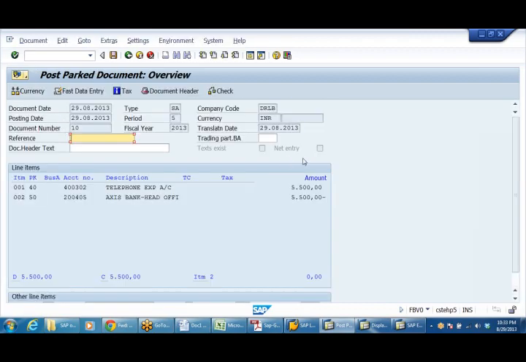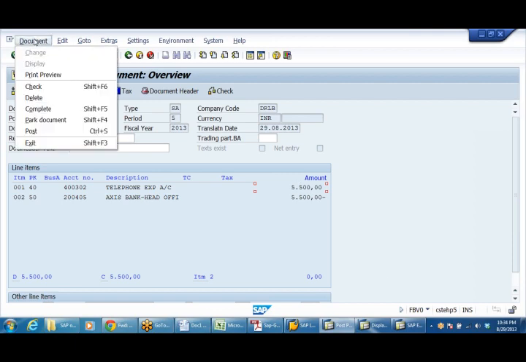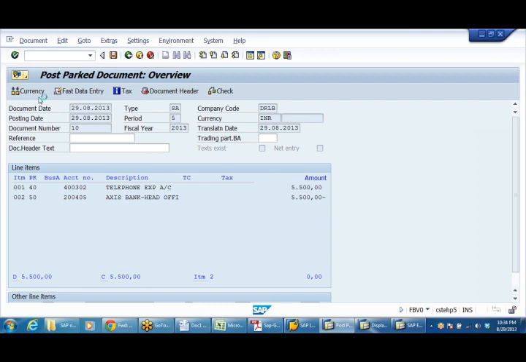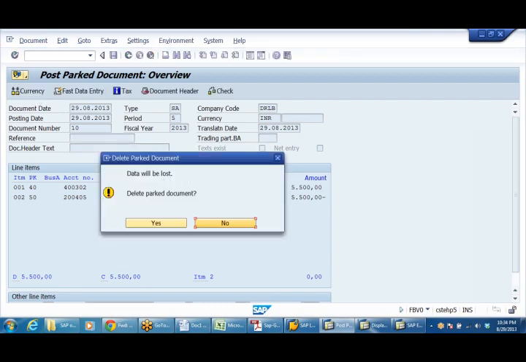Double click on this. See, I feel that the telephone bill is already posted. The accountant by mistake has posted a second entry. No, I don't want to post it. I want to delete it. I can delete it because I've seen it already. Go to menu path, Document, Delete. It will caution you that data will be lost. Delete the parked document?